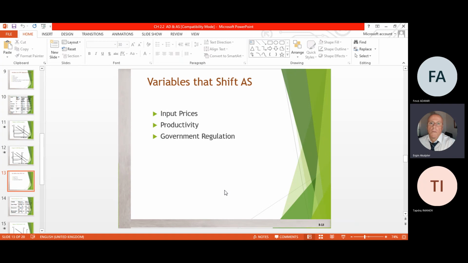And government regulation is also, let's say, tax regulation, taxation, export facilities, or support such as subsidies given, and everything that affects and changes the aggregate supply, devaluing currency or other economic measures which directly affect the aggregate supply, will then change this aggregate supply in the positive or in the negative